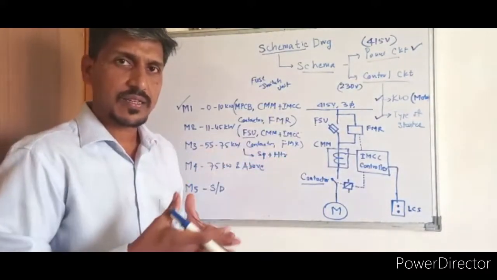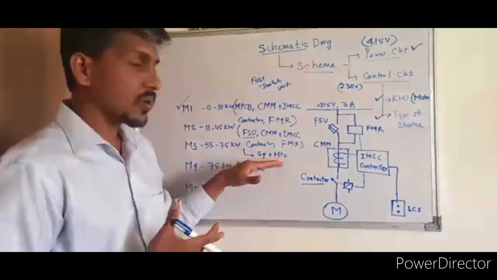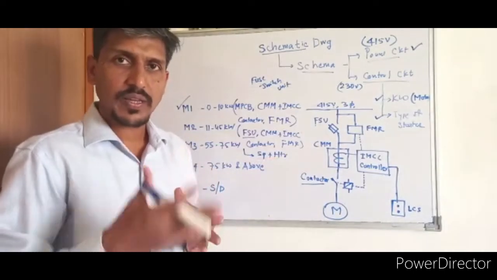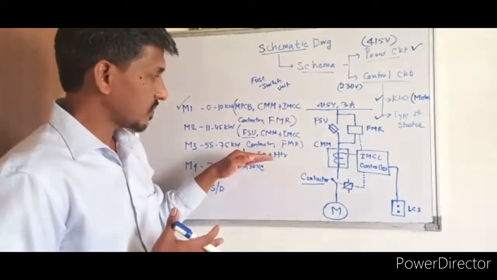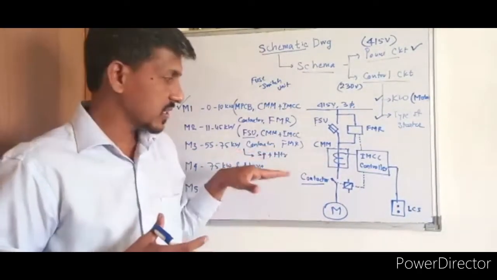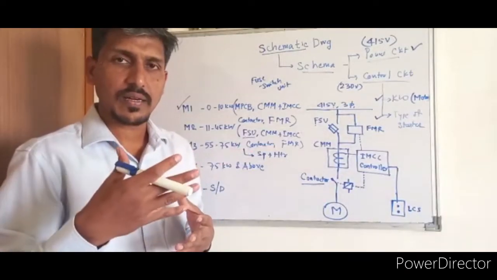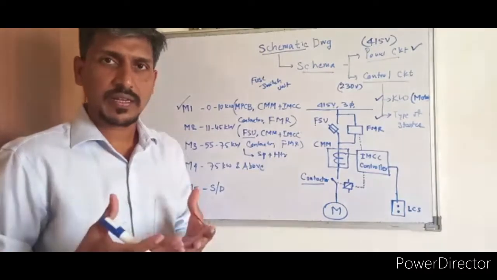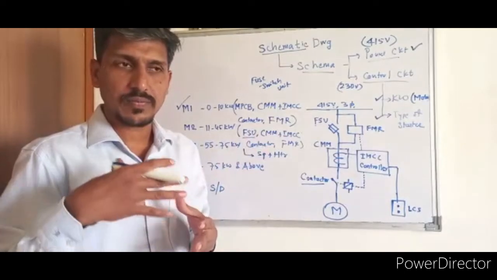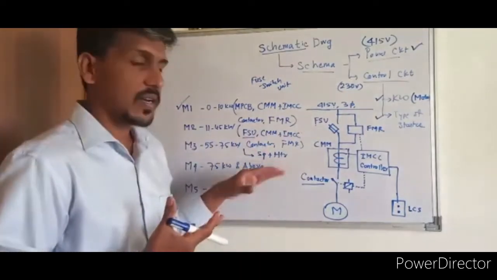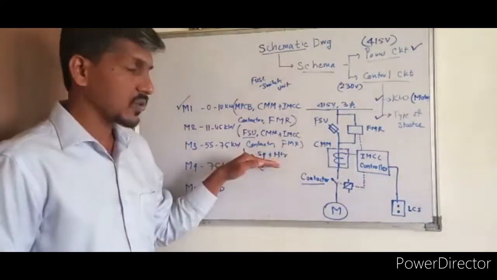When it is in standstill, there is a lot of chance that moisture can get created inside the motor enclosure. To avoid that moisture, we normally use this anti-condensation heater. So when your motor is off, this heater is on. This will heat up the motor from inside and avoid that moisture. When moisture gets created and we turn the motor on, due to this moisture content, there are chances that a short circuit can happen inside the motor. To avoid that short circuit, we normally use this space heater.